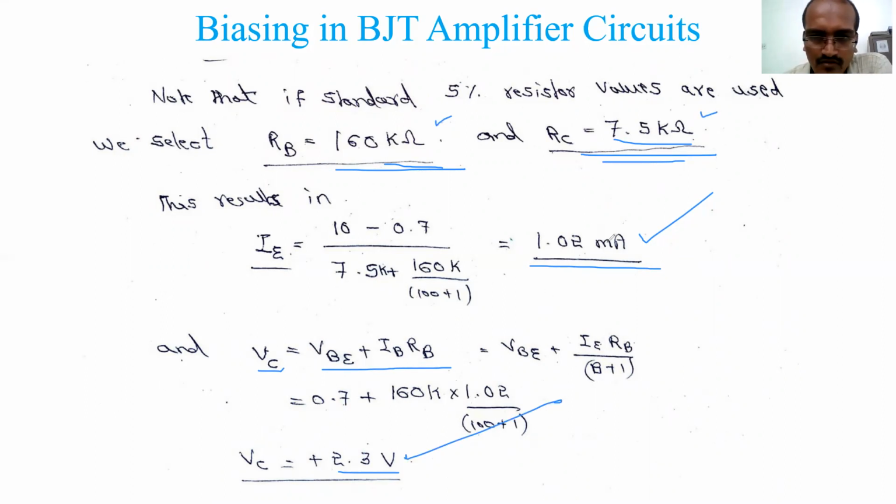Clear? Okay. So this completes the BJT biasing part, the two circuits we have discussed yesterday. One I have discussed and its problem I have done today, and the second circuit I have taken with only two resistor values, RB and RC, and both we have calculated with a problem. So this completes that part. In the next class we'll take the small signal operation of this BJT part and the models. Clear? So now you can ask.